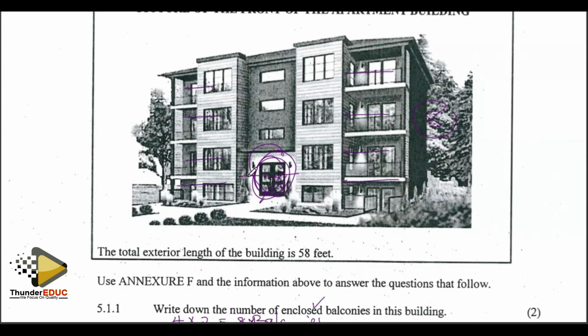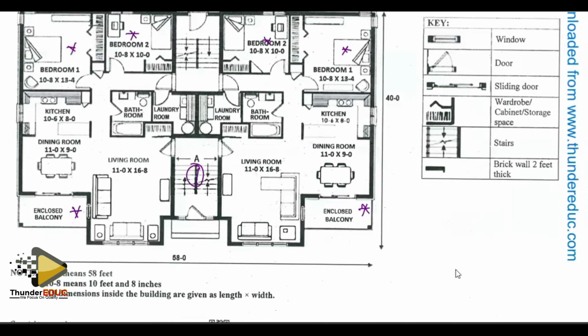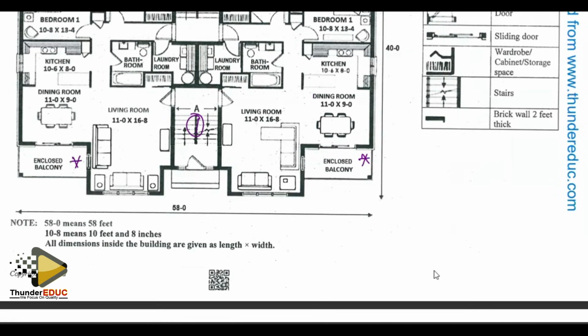For the one side, for the other side. Okay, calculate in feet the missing value of A, 5 marks. Now, this one, we shall take it this way. You see, they said all dimensions inside the building are given as